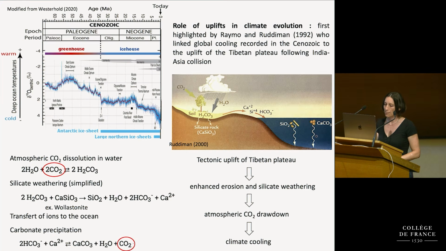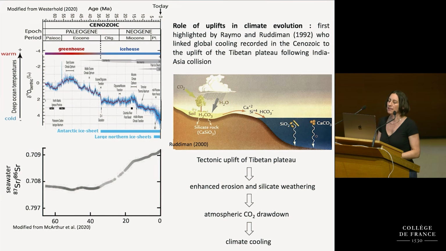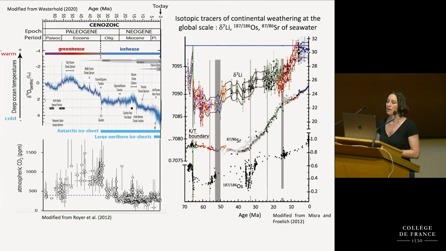And this view had been initially supported by the timing of this initial collision between Asia and India, and also by this rise in the isotopic composition of strontium in seawater that was at that time interpreted as an increasing contribution of strontium weathered from the continental crust to the budget of seawater. And this first view has been further supported